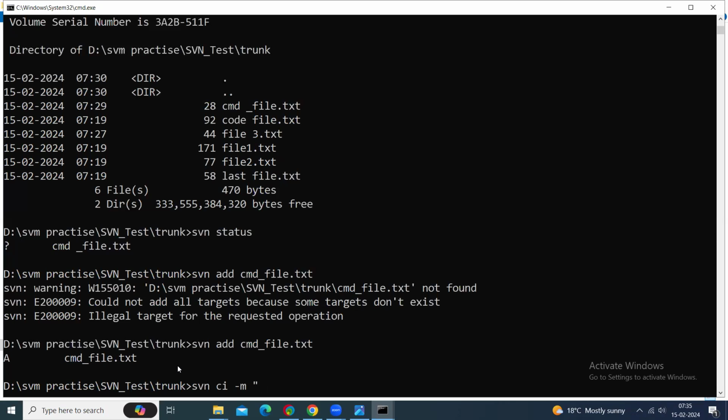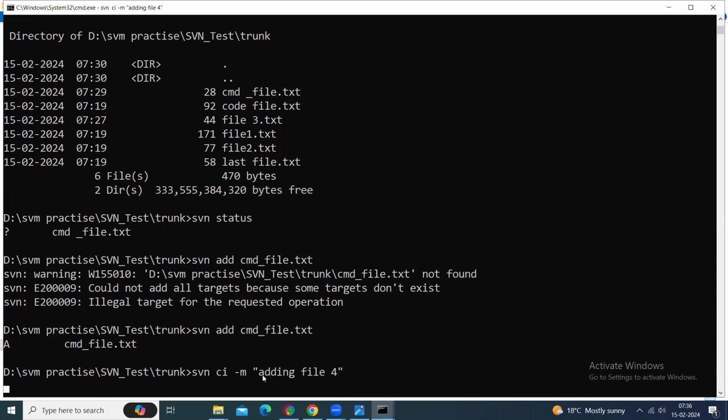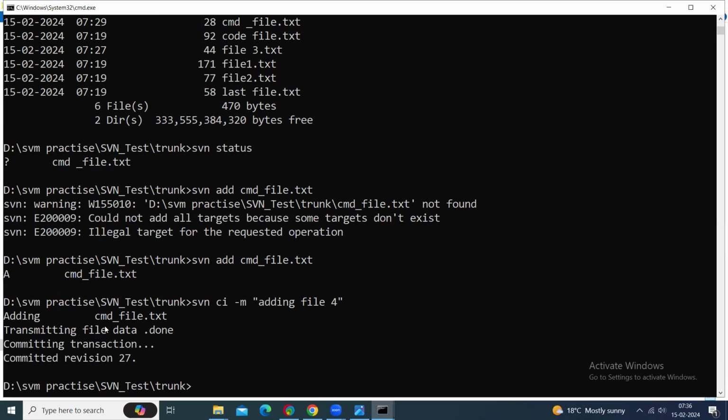To give the message. See, in graphical way, you used to give the message right before commit. That is what I'm going to give in a command line, -m and then the message. Give whatever message you want. Adding file 4 something. Close it, the double quote. Just say enter. See, now it is added and it has created a version. So now go and see Visual SVN. You can find this file on